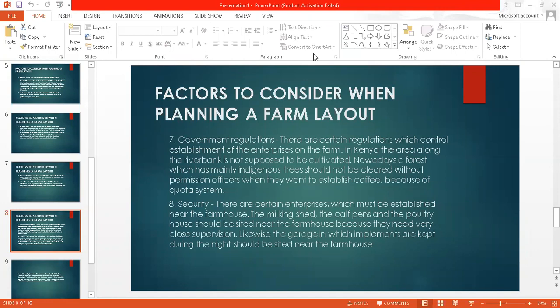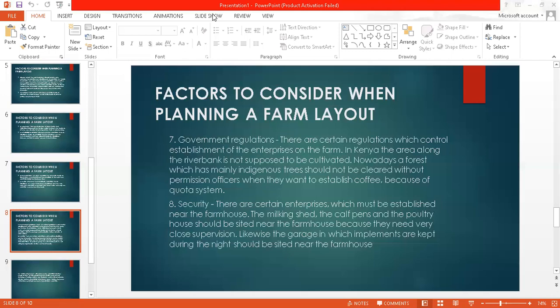Thank you very much. Basically, what we are saying is there are areas that have regulations. For example, what we call the riparian land, the land that is around water bodies, especially rivers, should not be cultivated. 30 meters from the river is riparian land, belongs to the government. And also these days, especially if you have indigenous trees, not the ones that we grow, you need to notify the government. And you need to get permission from the forestry officers so that they can be able to cut it. And then point number 8,